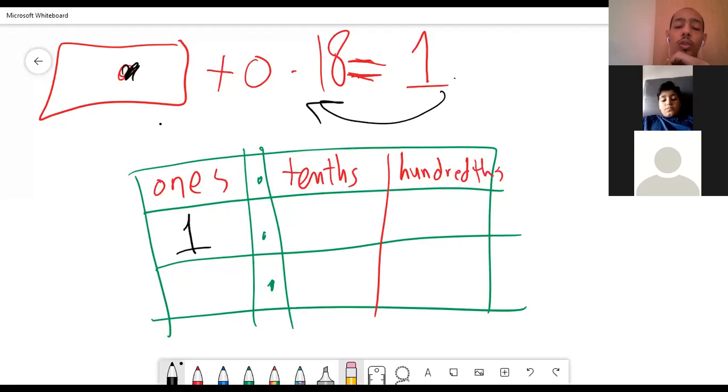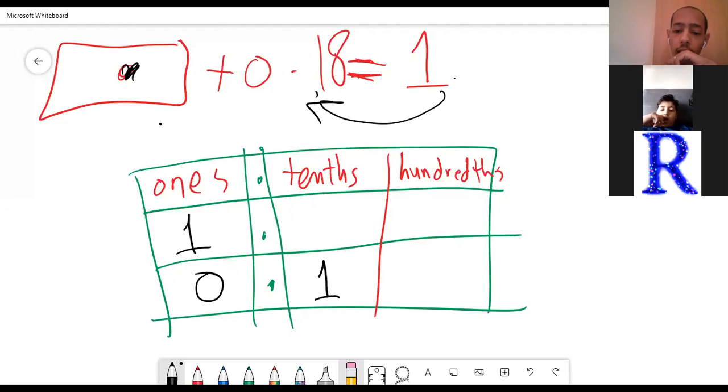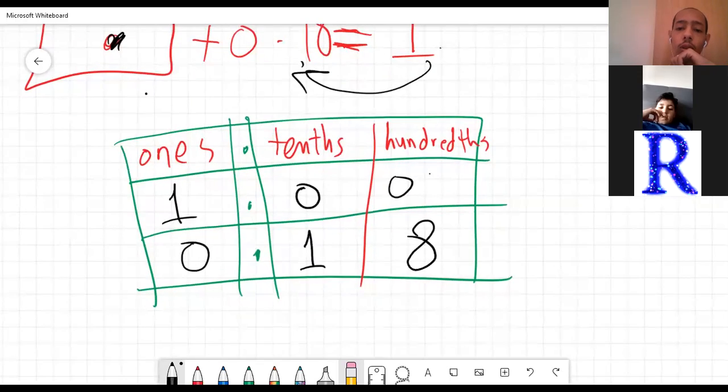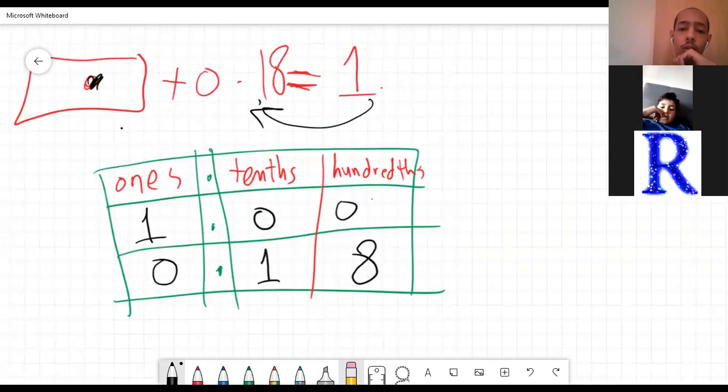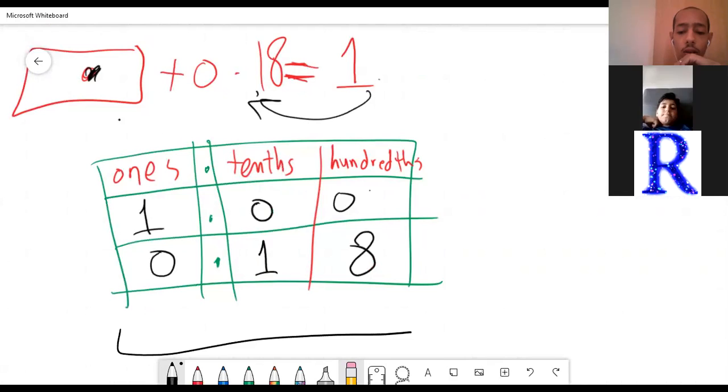But what about the 0.18? It's going to be after the decimal point, so 0 is in the ones, 1 is in tenths, 8 is in hundreds. What do we have in tenths and hundreds for the 1? 0 and 0. So the answer is